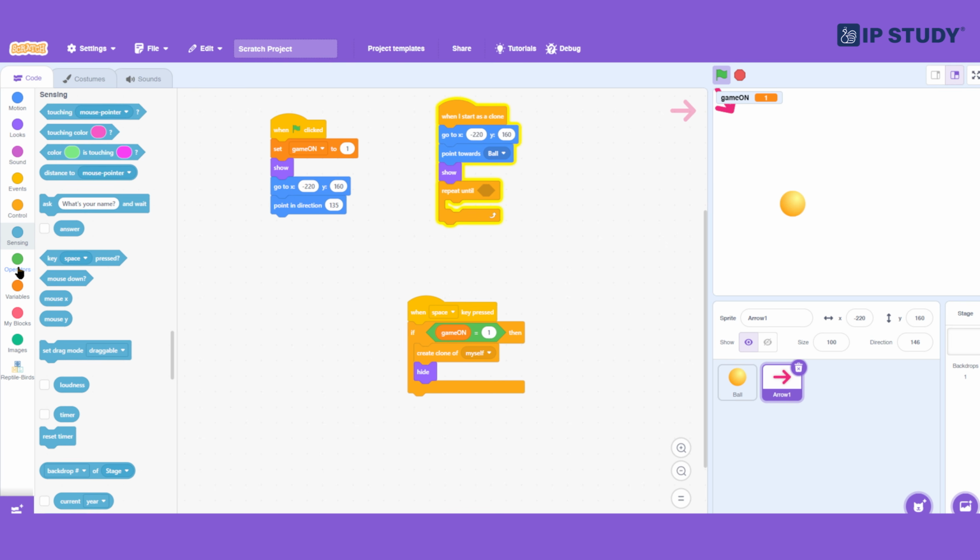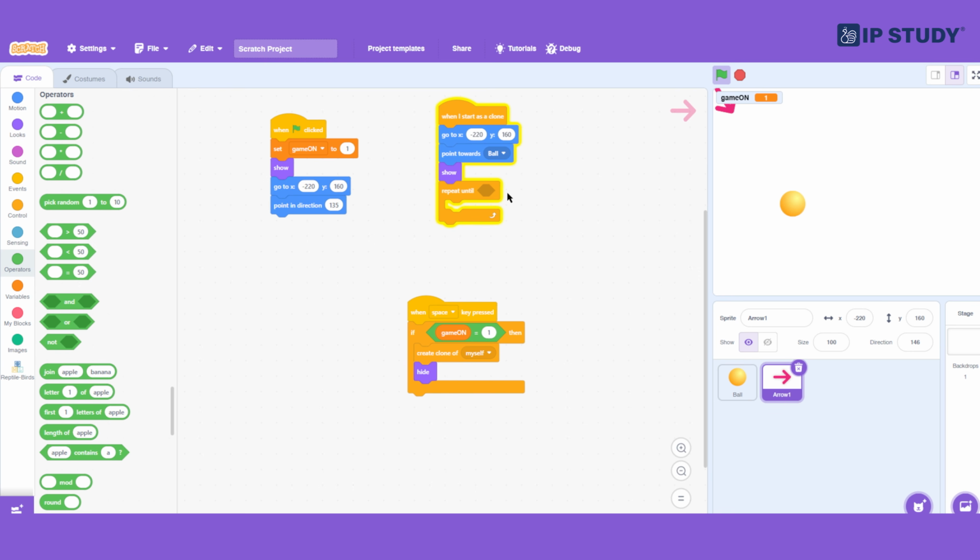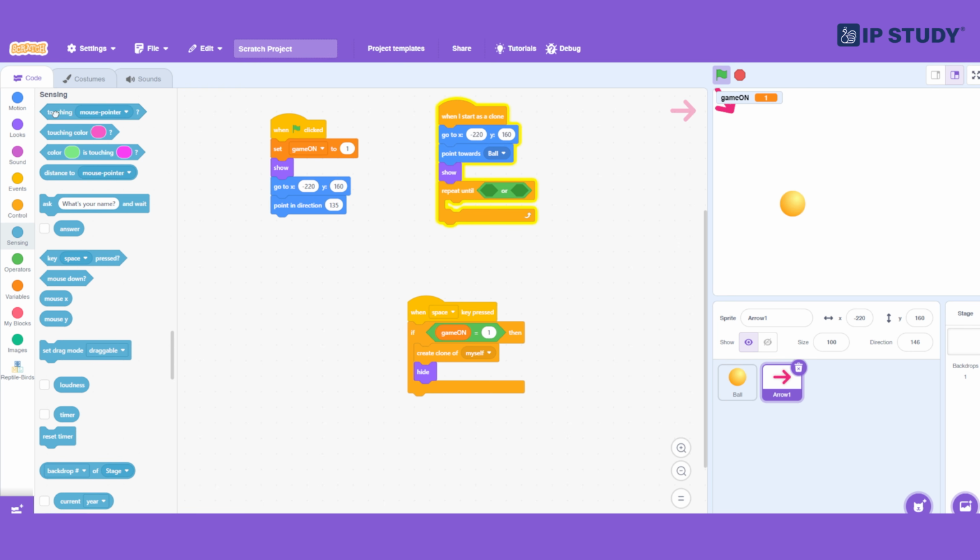So in this block, I am going to create the logic for making the copies of the arrow for hitting the ball. I am going to implement this. I need 2 conditions to be fulfilled, or any condition can be fulfilled, so that this cloning will happen every time. So the first condition is whenever arrow touches the ball,